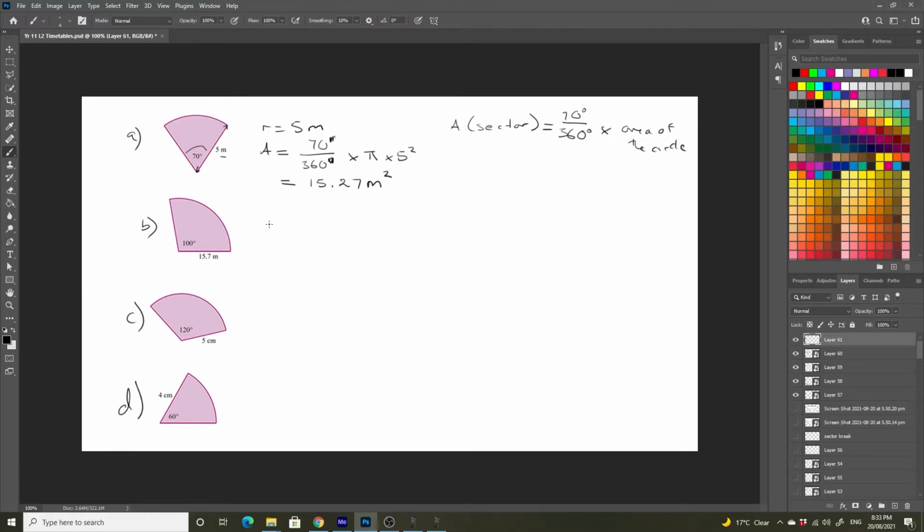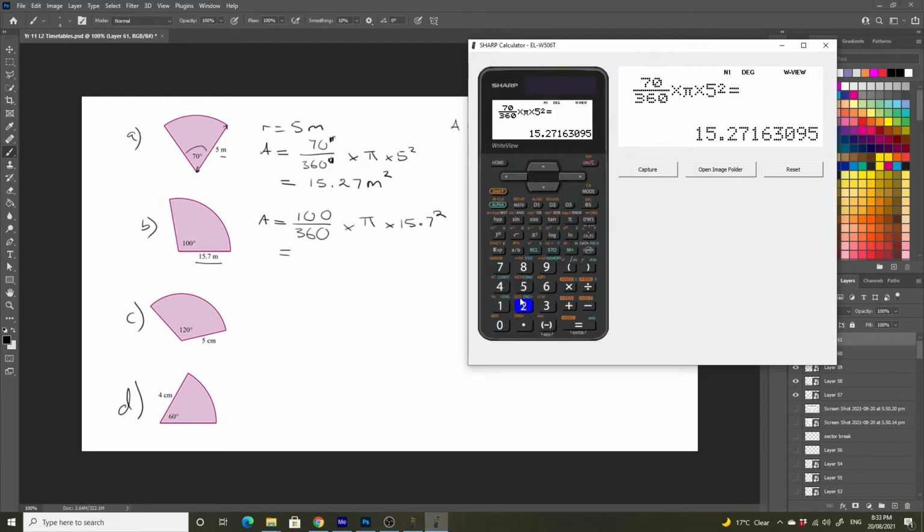Now let's check B. In B, we have 100 degrees for the angle of this sector, and we have a radius of 15.7 meters. So we can put that into our formula for the sector. A is equal to 100 divided by 360 times pi r squared, which in this case is times pi times 15.7 squared. So the area is going to be equal to 100 over 360